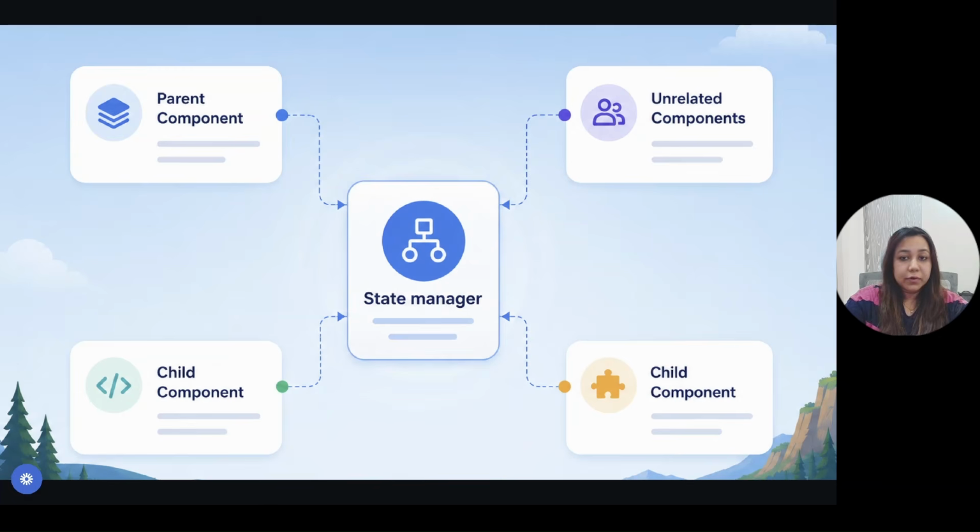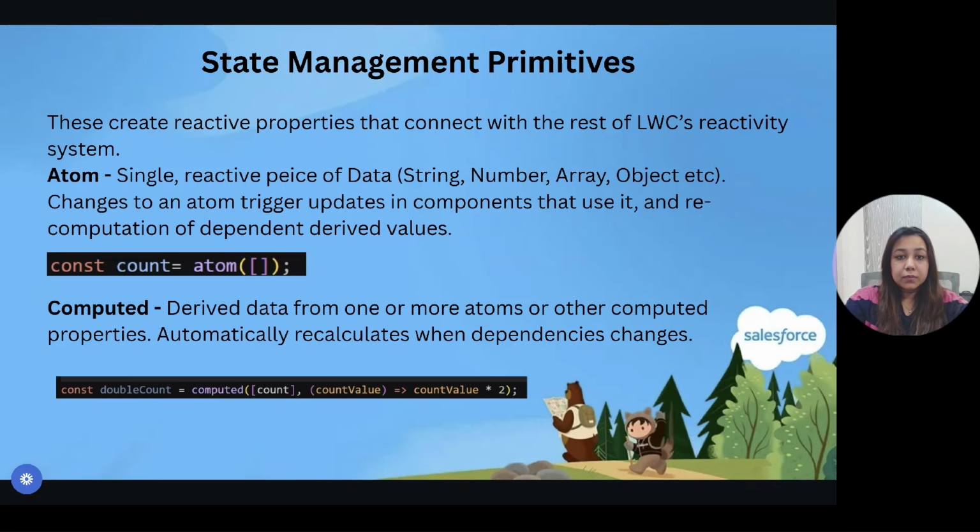data through properties. Now, to do this, we have some primitives, some methods, and some actions inside the state manager. So the state manager is nothing but a JS file which you have to create, and you have to declare the primitives there, and import that JS in your components where you want the updated data. So inside the state manager JS, there are some primitives which are available, like